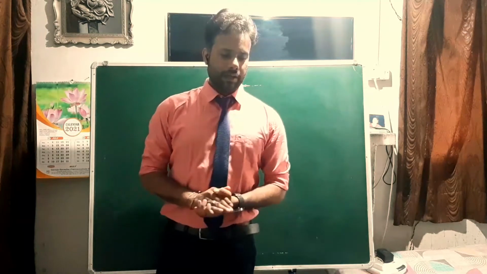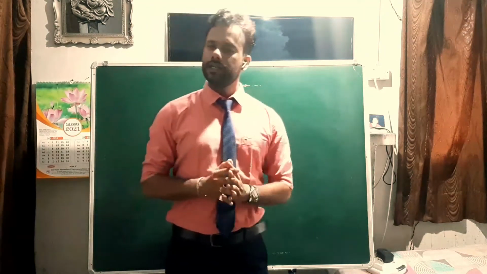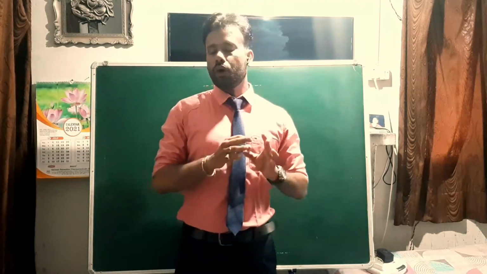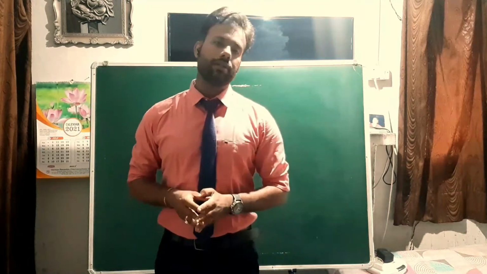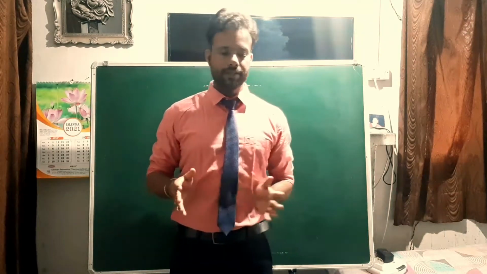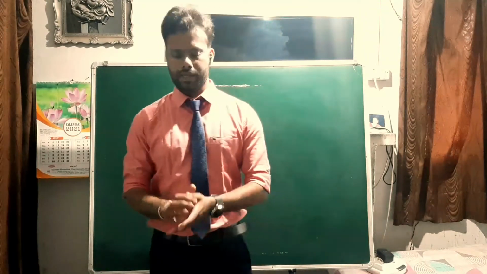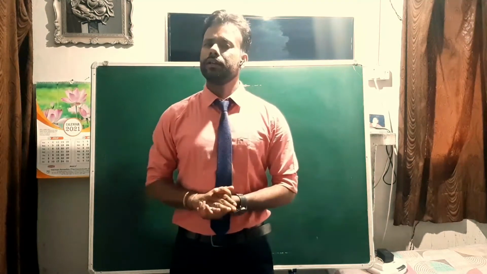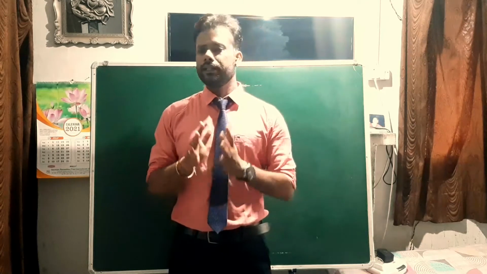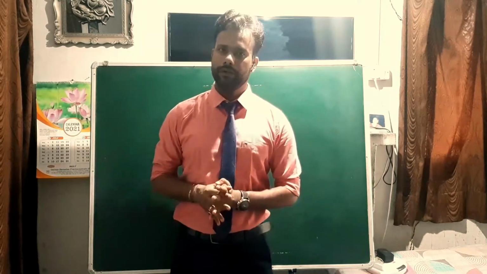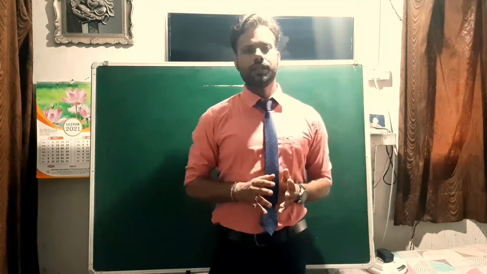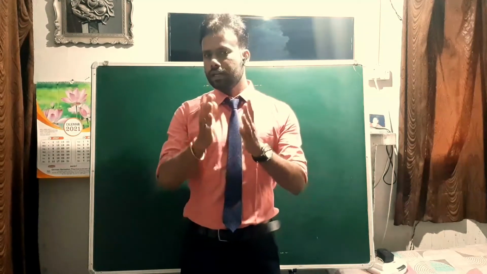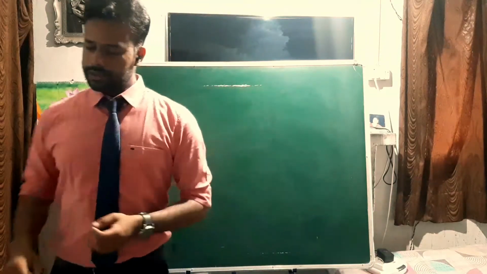Very good morning, class. Yesterday we did the combination of cells, and if you remember, the condition we had taken is that all the cells connected across each other are identical. It means their EMF as well as the internal resistance are the same. But usually when you connect two different cells across each other, the total EMF or the current will be different. So let's see, when the EMFs of the cells are different, what will be the resultant EMF and the resultant resistance. So let's take the first case.